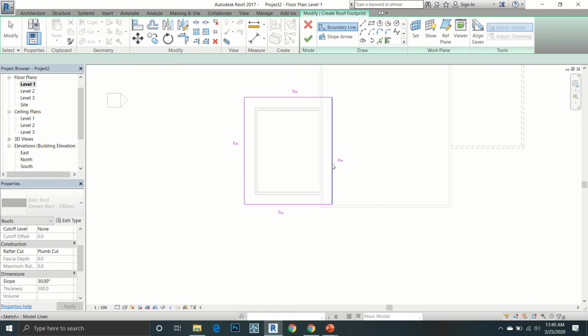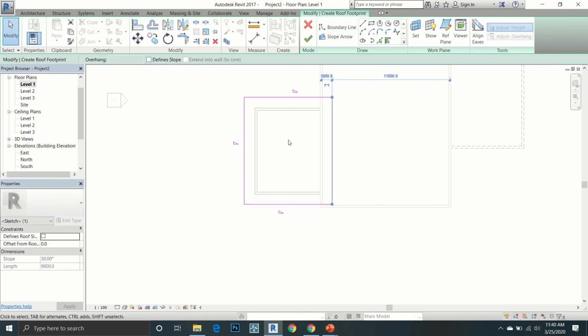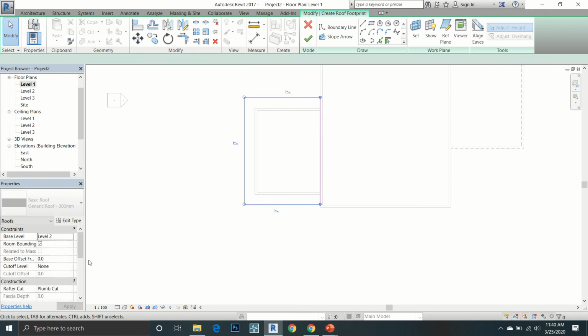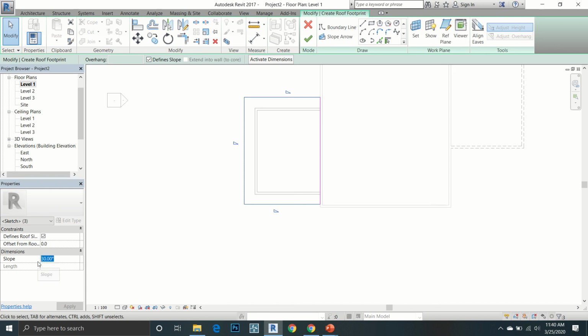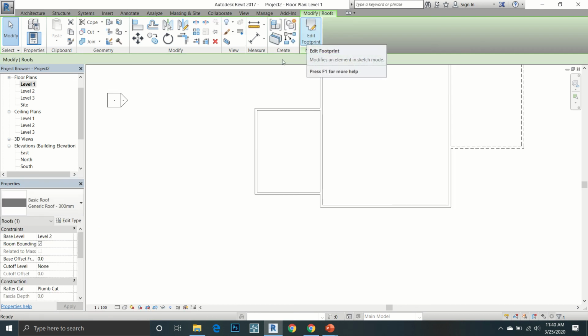The same way, define slope, removing it, then moving it to the outer line, selecting all of it, changing its slope to 20 degrees, and creating it,